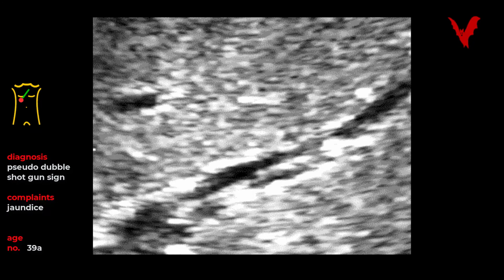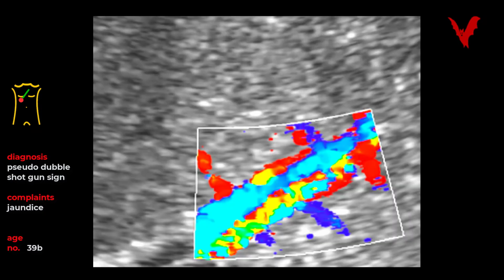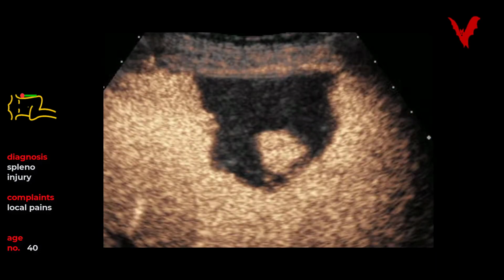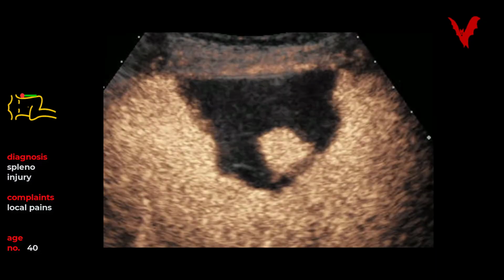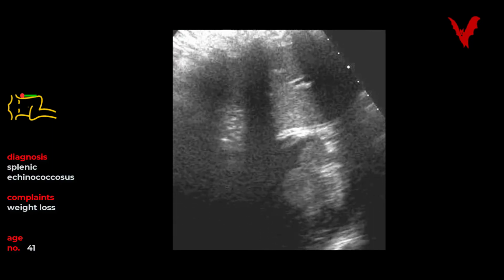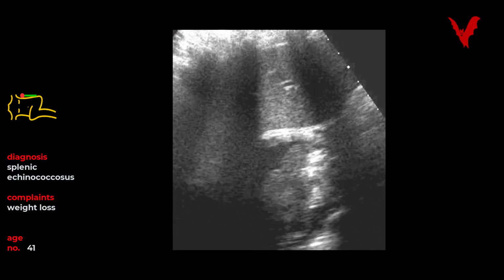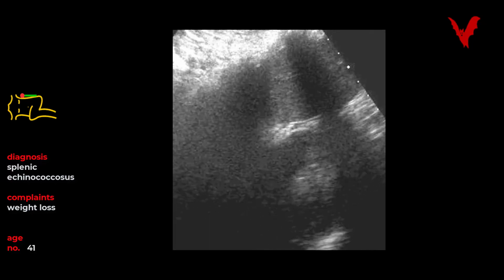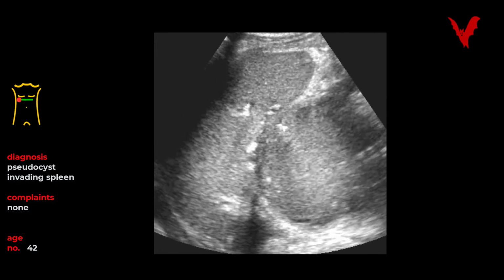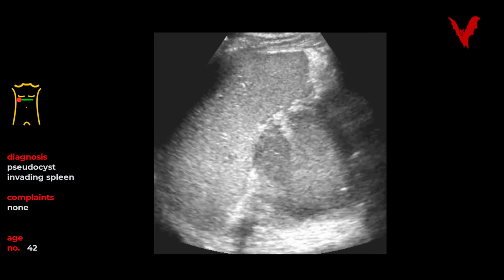And in Figure 39 there is a liver cirrhosis, distended intrahepatic bile duct in 39A without, and in 39B with the CF. And in Figure 40 there you find active splenic bleeding in a boy with a bicycle accident. Case Figure 41 demonstrates a splenic echinococcosis. A pseudocyst invasive to the spleen is documented in Figure 42,